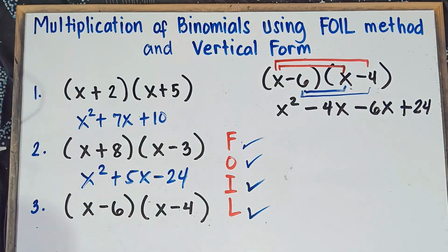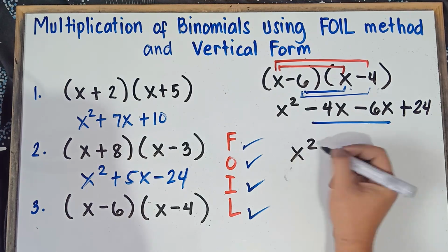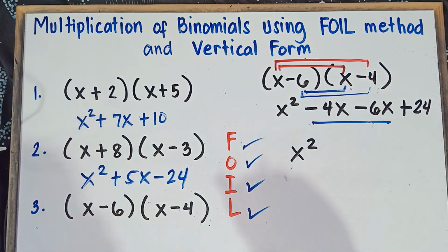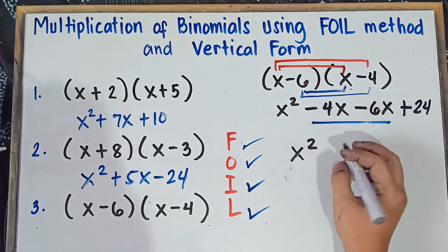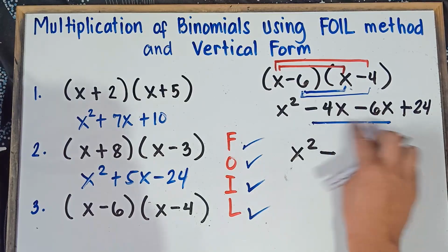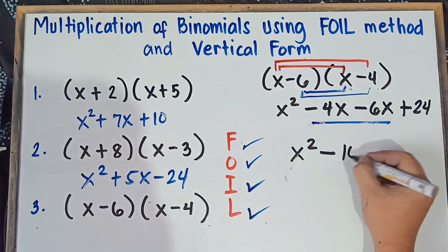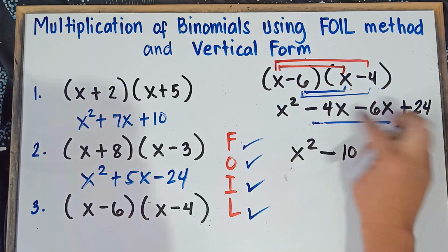And then simply combine like terms. So we can combine this one, copy x squared. Now, if you both have negatives, once again, class, do not be confused with that one. If you both have negatives, copy the negative sign and then simply add the numbers. 4 plus 6, that would be 10. So that would be negative 10, simply copy x.